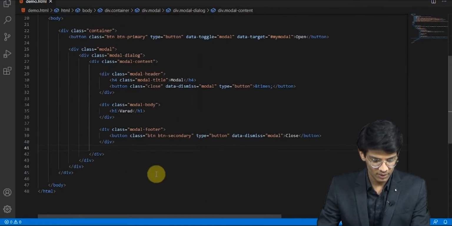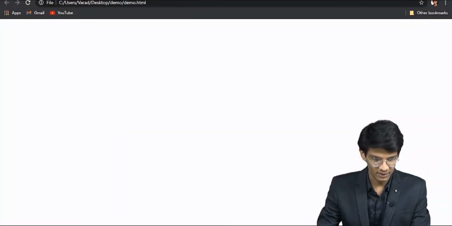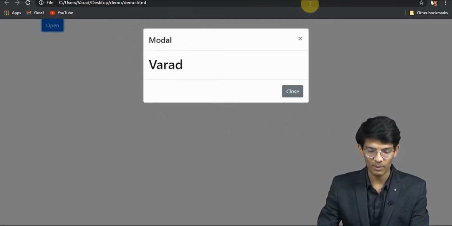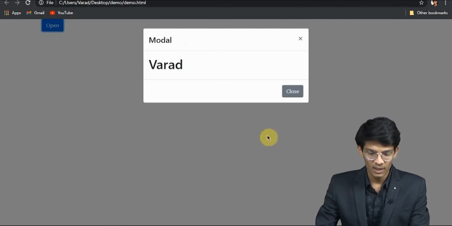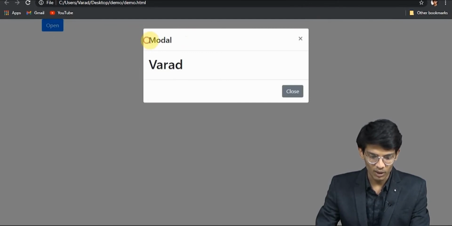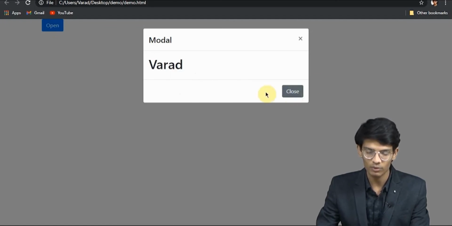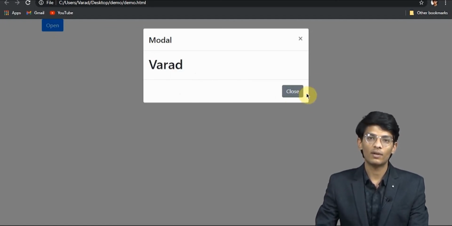So now let's save it and let's just refresh the page and let's see now. So you can see this particular pop-up modal, and which has a particular header. We have written modal on the header, we have written my name in the body section, and we've got a close button in the footer of that particular modal.